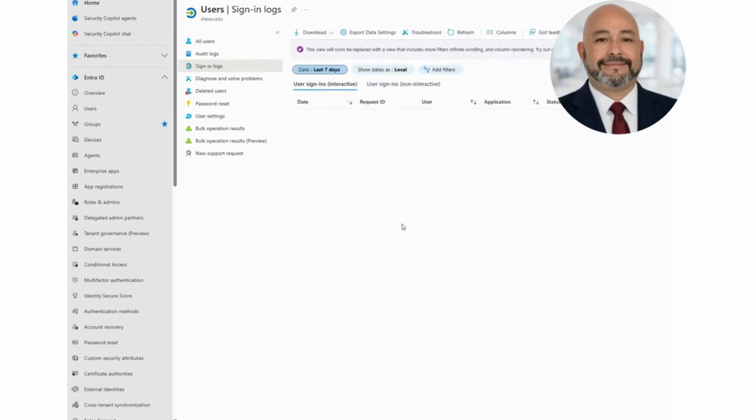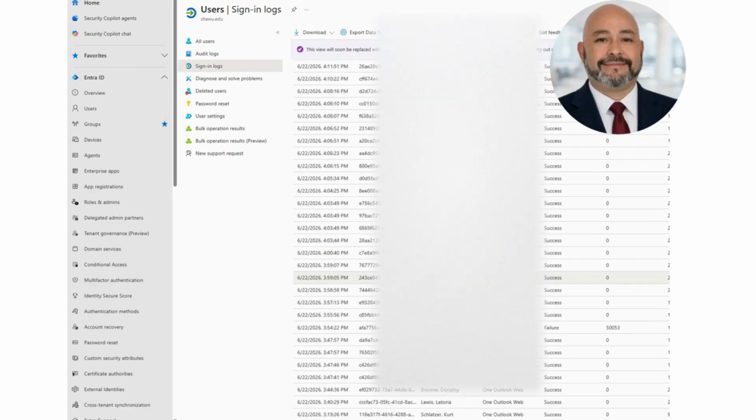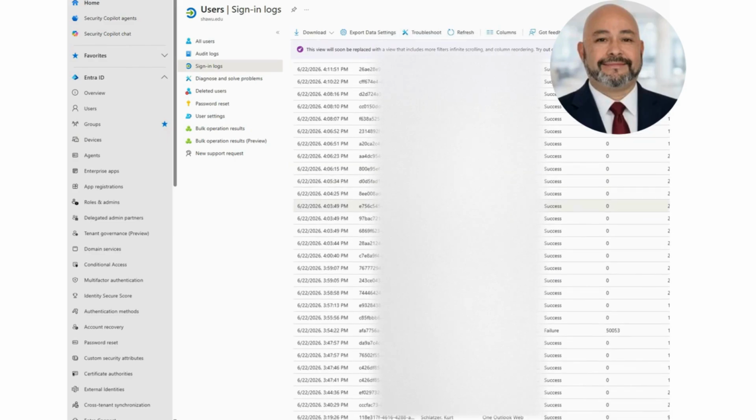Now this is where the SOC analyst will come and do his investigation because he wants to see who signed in, what time did he sign in, why are there disabled accounts signing in from Panama to Azure Active Directory multiple times when the account is disabled. So this is where you'll get your investigation started going from here, and then